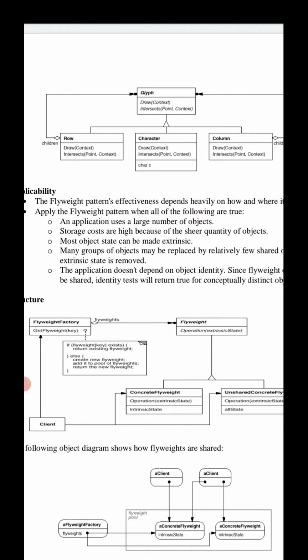Glyph is an abstract class, okay, for graphical objects, where the children should draw themselves so that they are tiled horizontally. Thus, it can pass each child its location in the draw request, because the number of different character objects is far less than the number of characters in the document, and the total number of objects is substantially less than what a naive implementation would use.